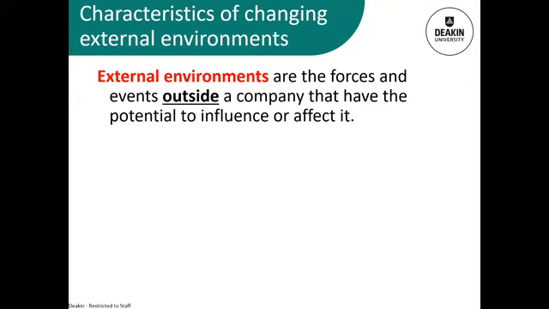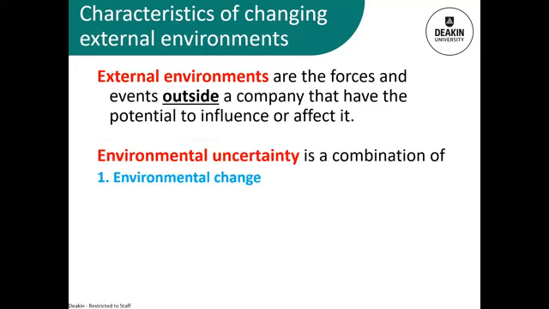When we talk about external environments, we also have to think about environmental uncertainty. That's really about how certain or uncertain the environment is, because obviously that can affect the decisions that a manager has to make. And if you think about it, it makes sense. If you could apply this to yourself, your life is a lot easier if you know what's going on. If you don't know where you're going to be living next week, or you don't know what income you're getting next month, then your life is going to be much harder.